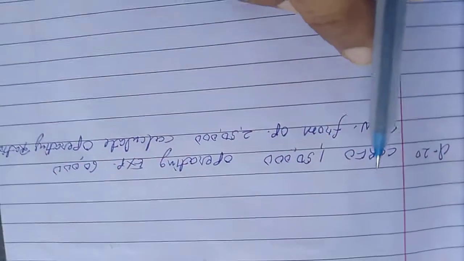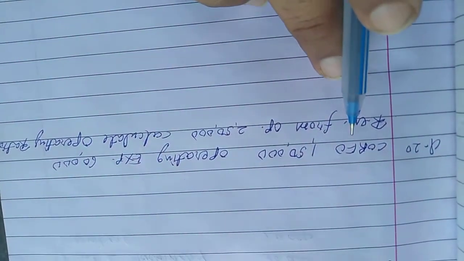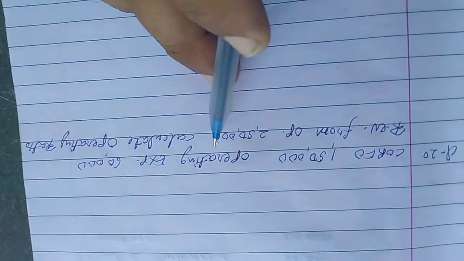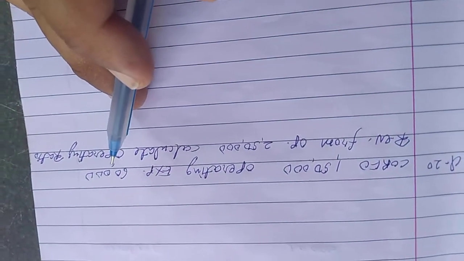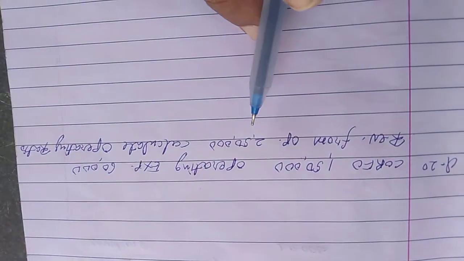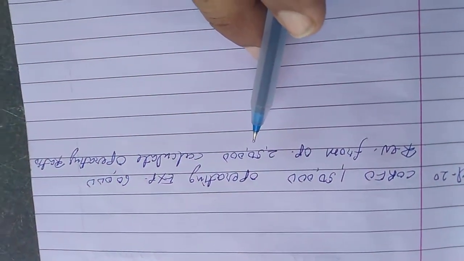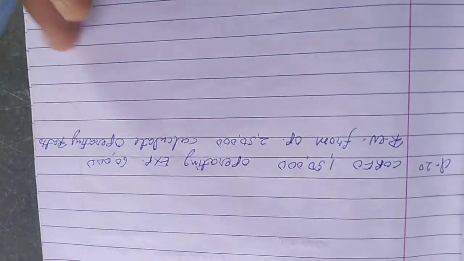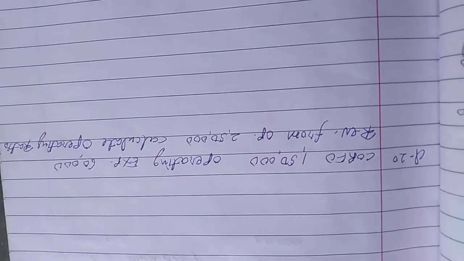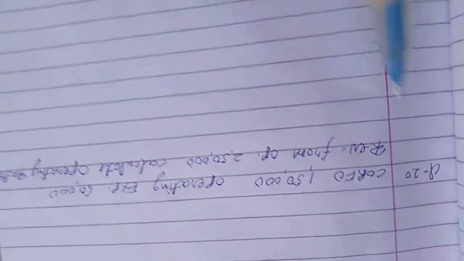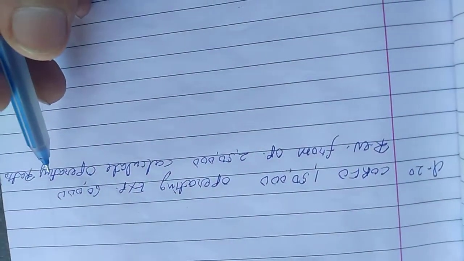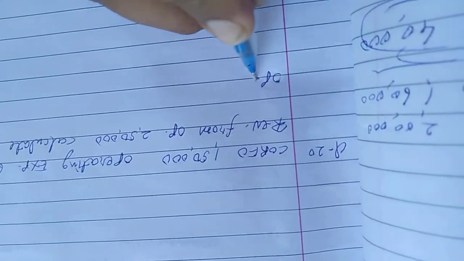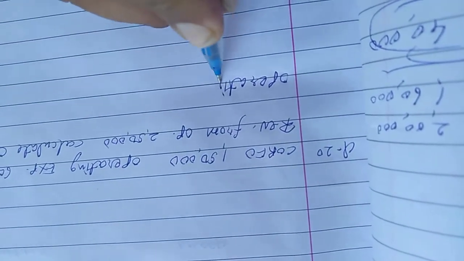Here the amounts are given: cost of revenue from operation is 1,50,000, operating expense is 60,000, and revenue from operation is 2,50,000, and we have to calculate the operating ratio. So different information is given, and on that basis we will find the operating ratio. Friends, you know the formula of operating ratio. Operating ratio is equal to operating